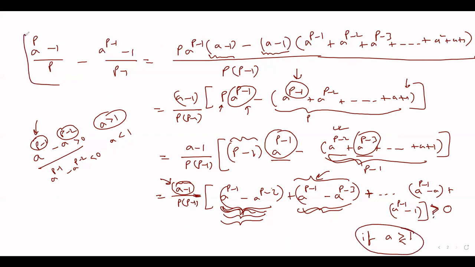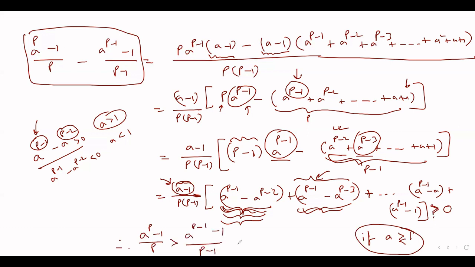That means the expression we started with is positive, which would actually mean that a to the power p minus 1 by p is greater than a to the power p minus 1 minus 1 by p minus 1, which